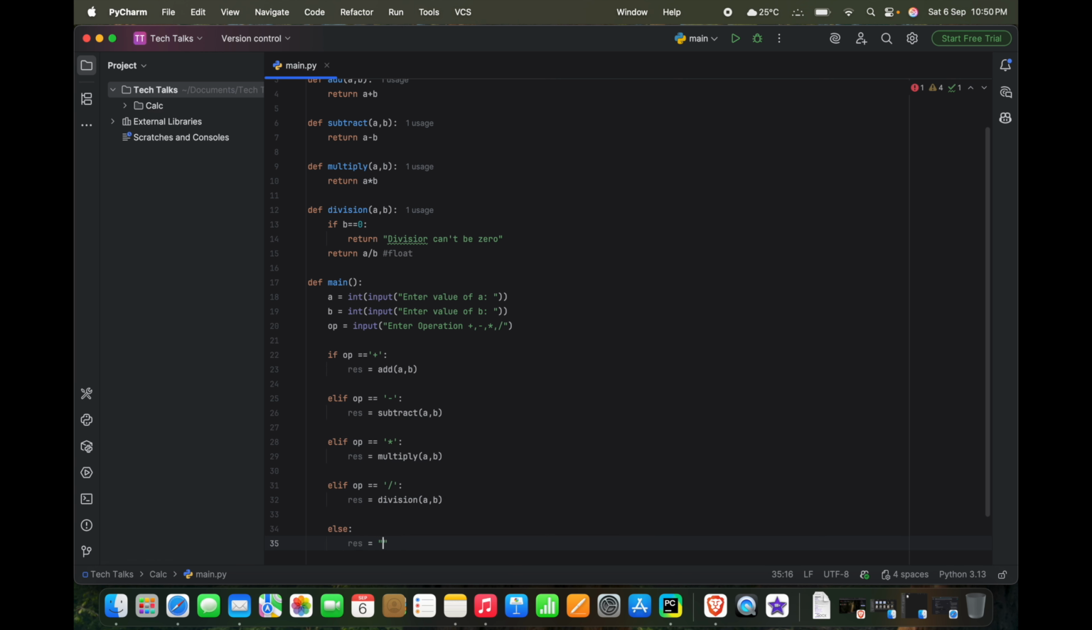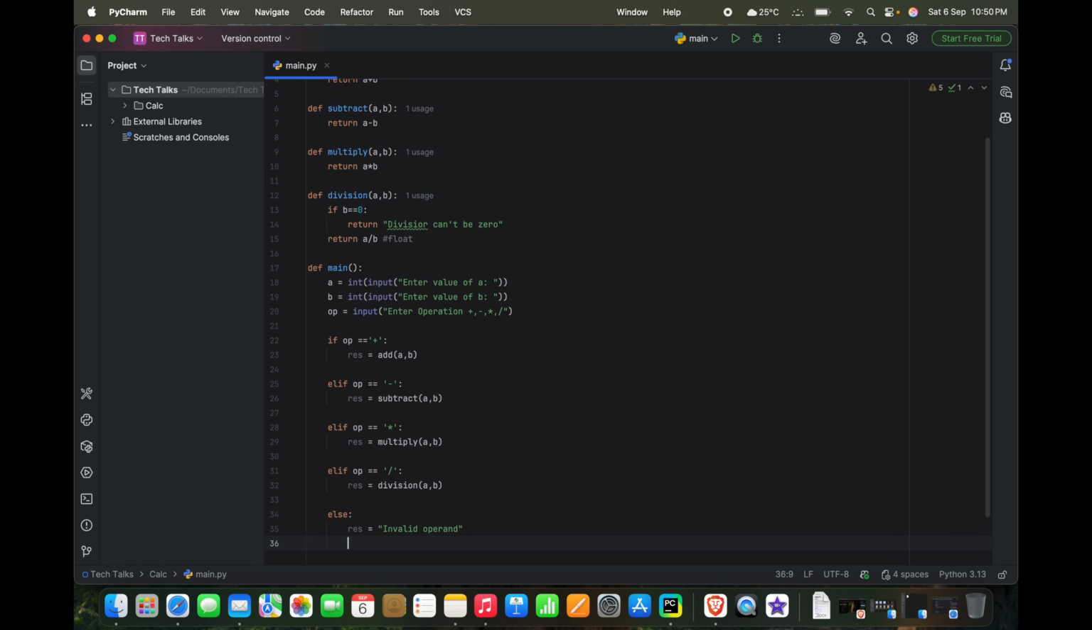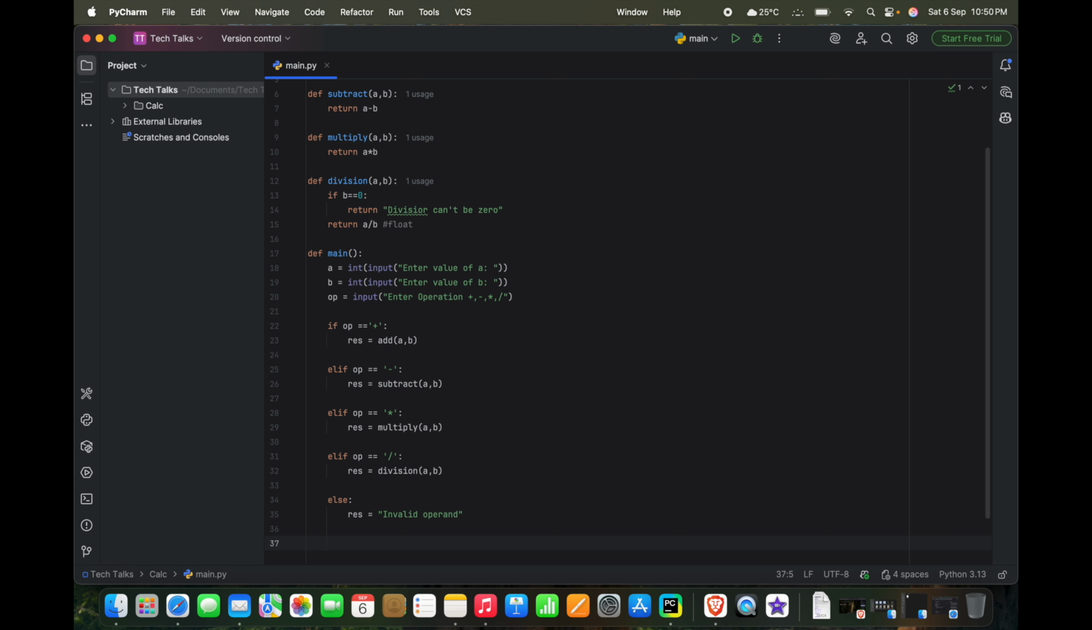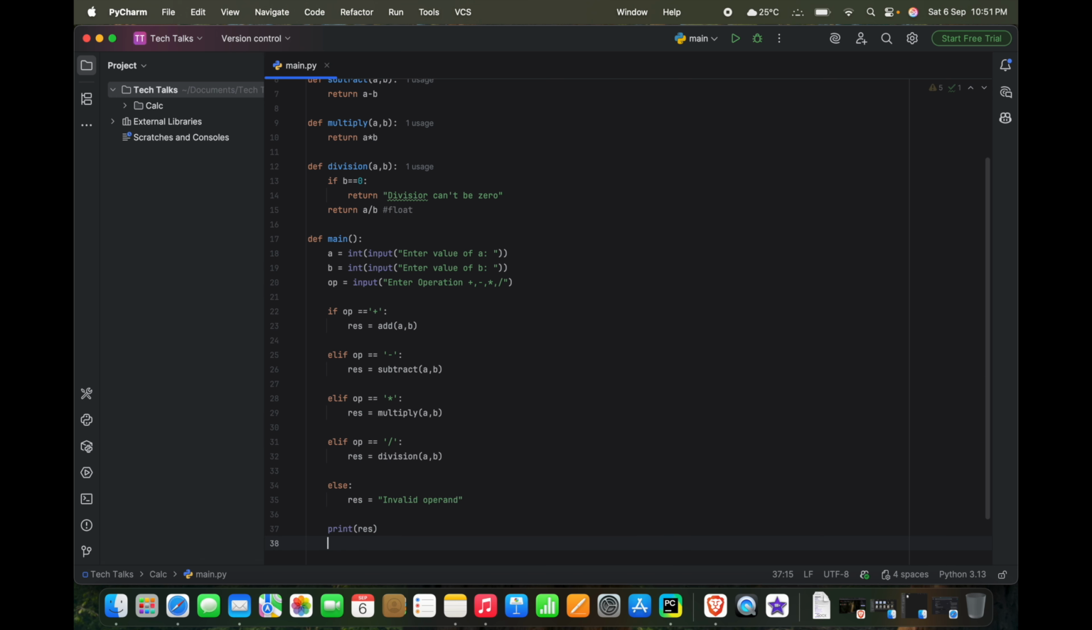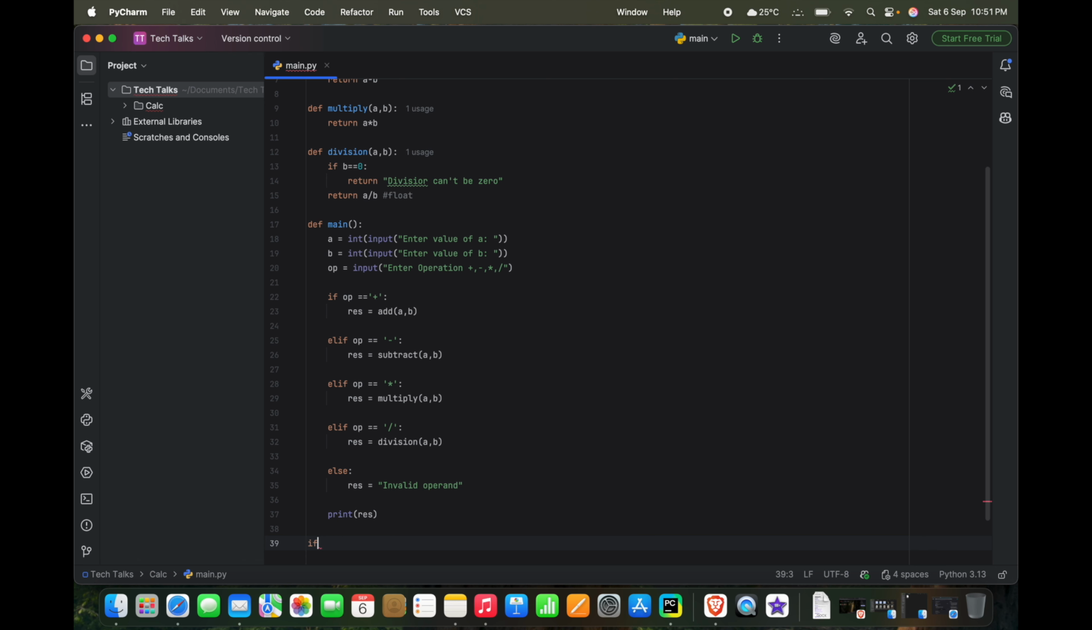Result equals invalid operand, and at last we can print the result. Now to call this one, if name equals main,